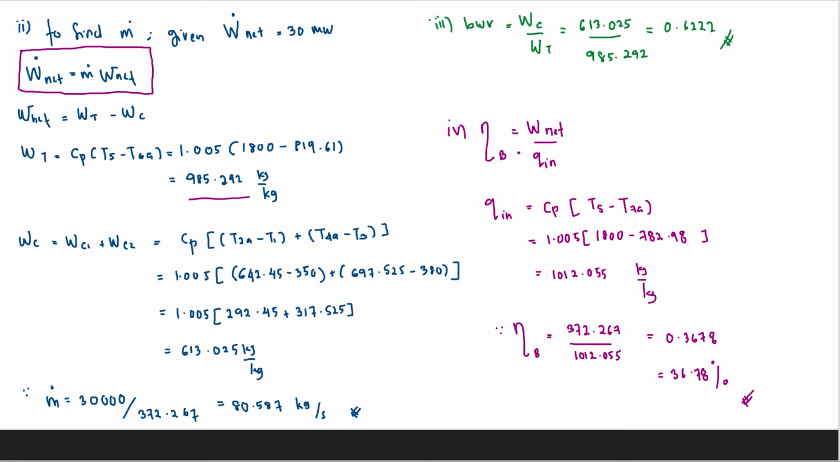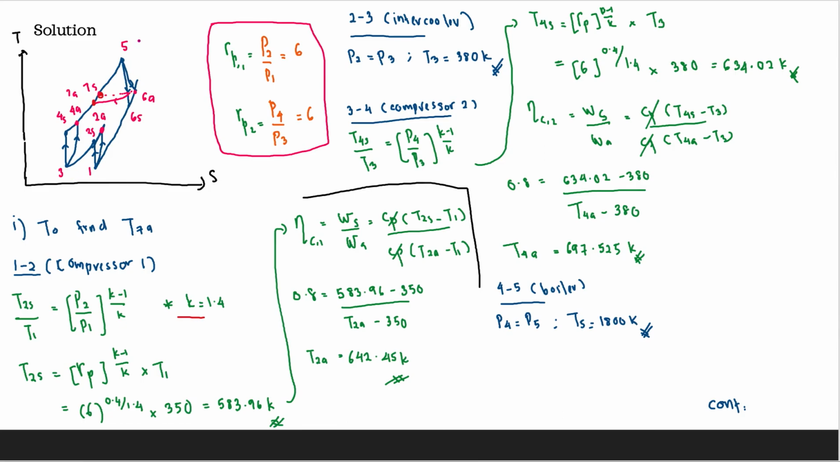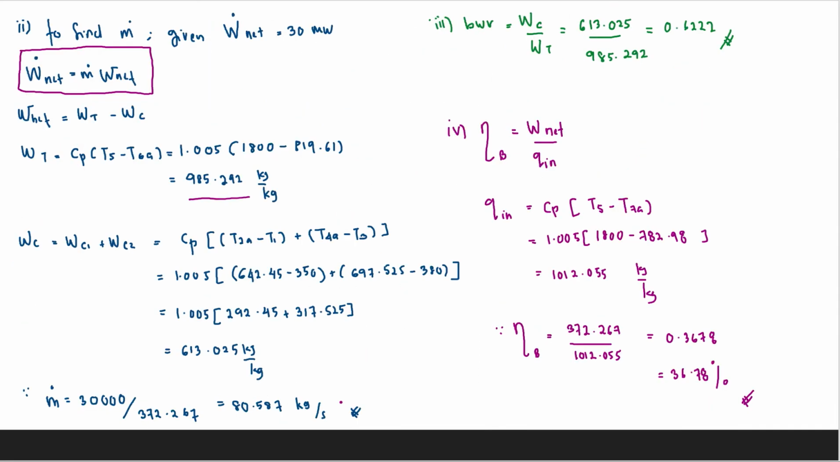Lastly, the thermal efficiency for this cycle is W net over Q in, and Q in here is CP, T5 minus T7A. Please don't get confused between Q regeneration and Q in. Q in is here, T5 minus T7A. Then I get the thermal efficiency as